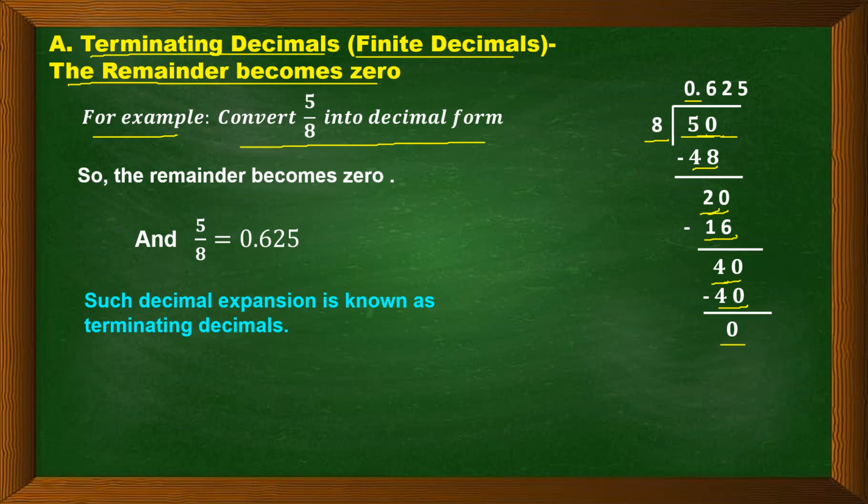So the remainder has come 0 over here. So the answer is the quotient which we have got. So 5 by 8 is equal to 0.625. This was our quotient. Right? So we can say such a decimal expansion is a terminating decimal. So whenever we have the decimal expansion as a terminating decimal, that means this number is a rational number, or the other way round, a rational number has a decimal expansion of the form terminating decimals, right?